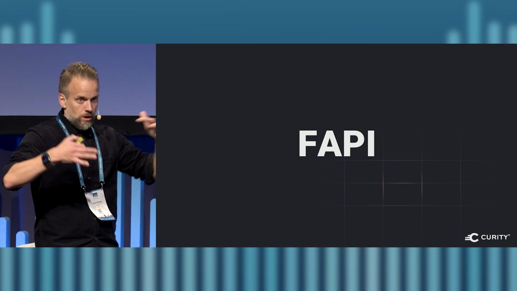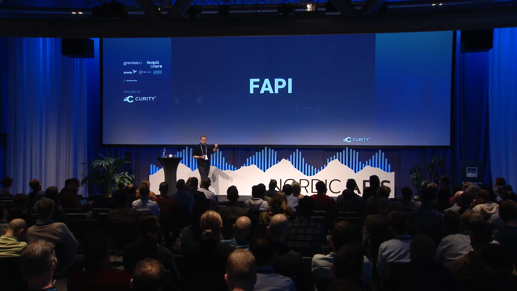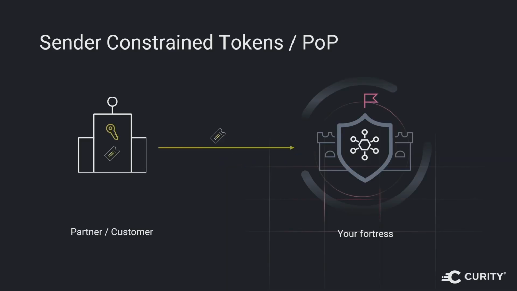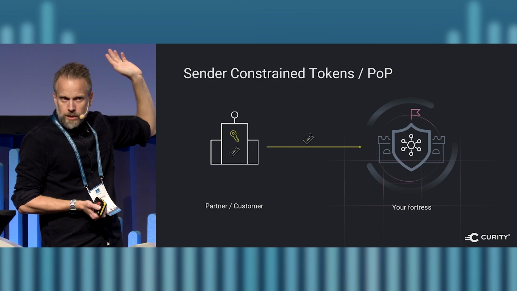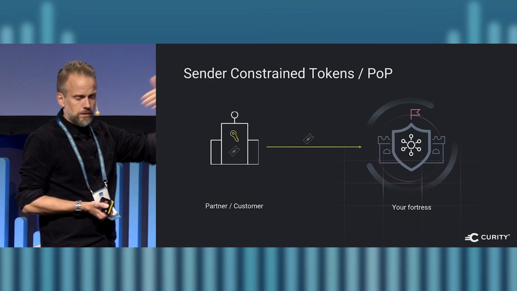And in FAPI, there's a lot of stuff that you can add to your OAuth flows or your integrations to other parties that enhance security. And one of them is this one I mentioned before, what I called proof of possession tokens. They're also called sender constrained tokens. If you do just switch to that for these type of integrations, it's not enough anymore to steal the credential or the key, or the token. You will also have to try to figure out how to steal the private keys that the other